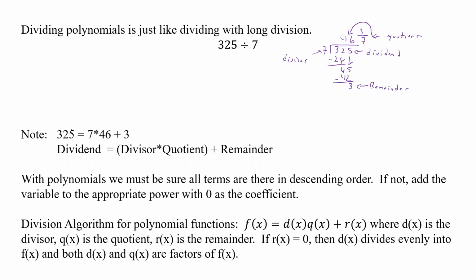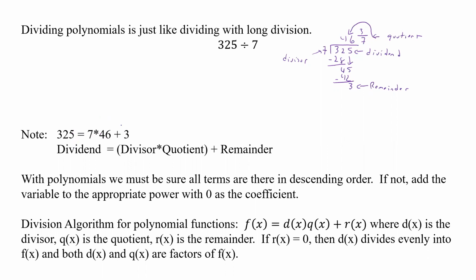One thing to note is, this comes into play when we look at the division algorithm. Our dividend, which is the 325, is equal to the divisor, which is 7, times our actual quotient, which is just the 46, and then plus our remainder, and our remainder is just that part here. It's not the fraction part, it's just the 3. And so if we take 7 times 46 plus 3, we get our 325. And that's going to happen the same way as if we have